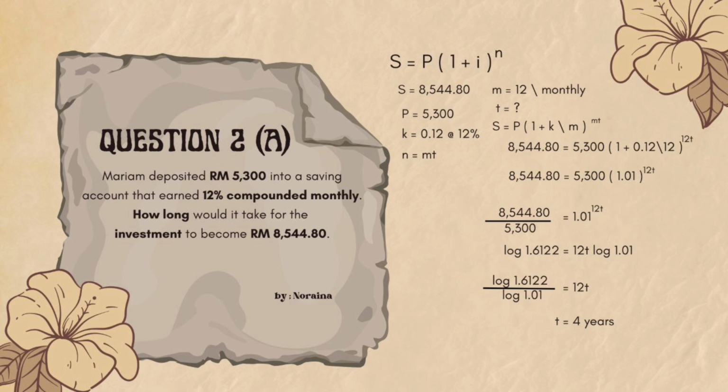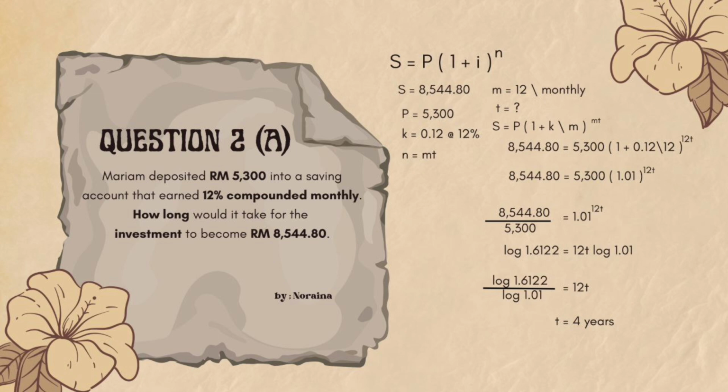After that, we get the answer 8,544.80 equal to 5,300(1.01)^(12t). Then, you need to move 5,300 to the left and the result is 8,544.80 divided by 5,300. After we resolve it, we gain